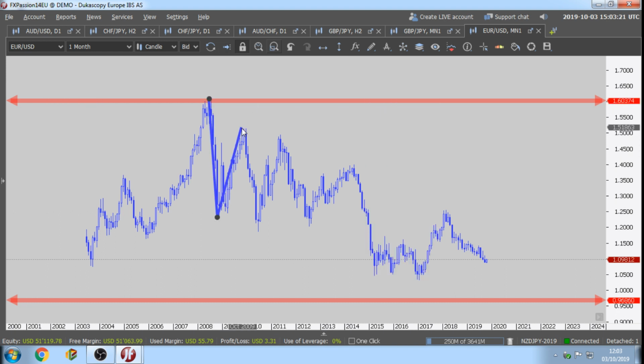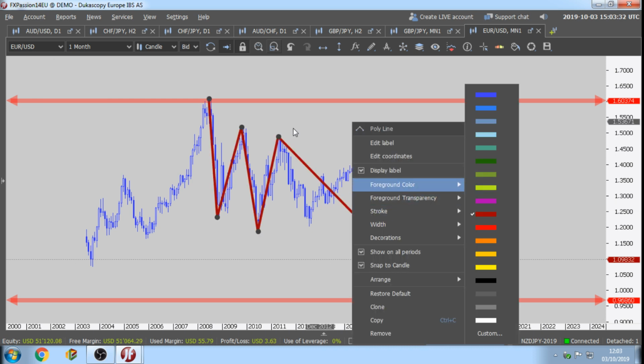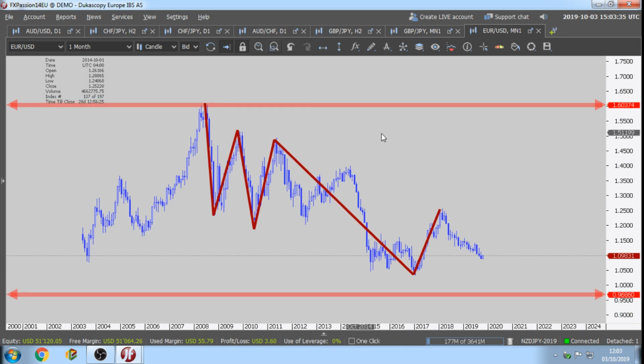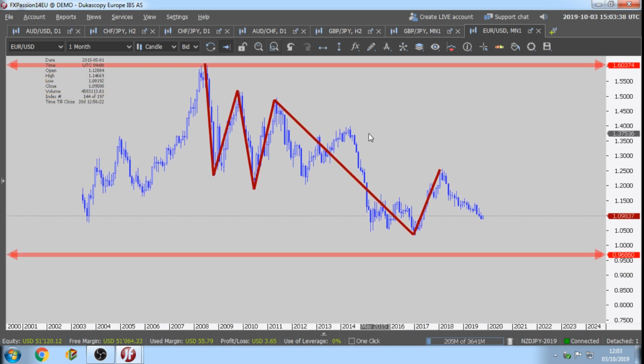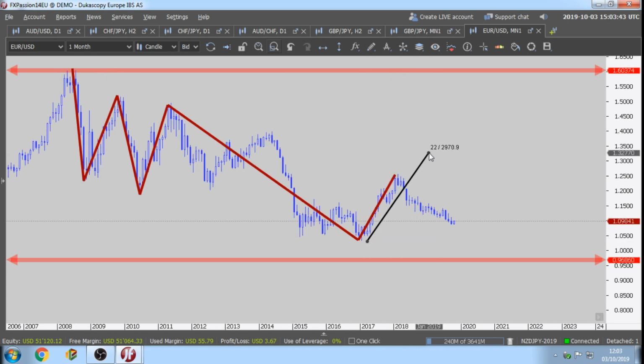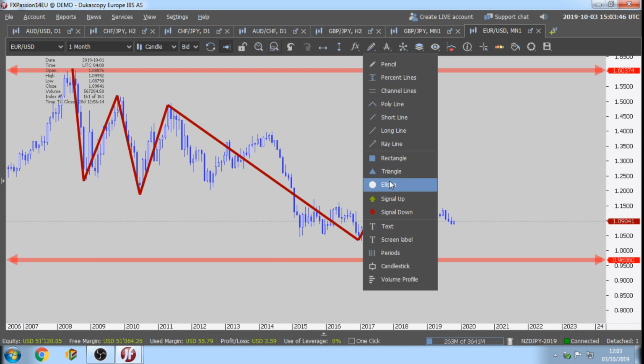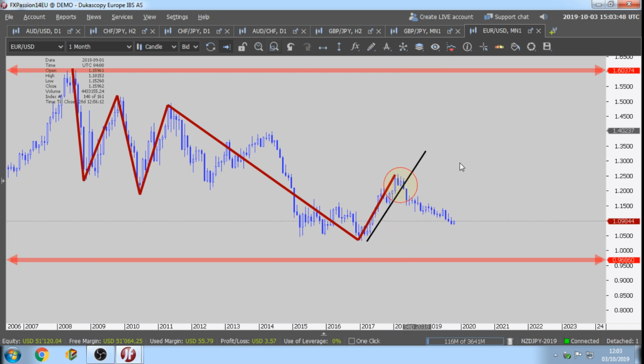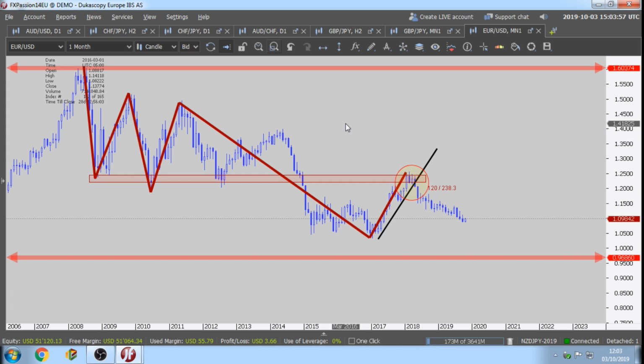Structure, extension, retracement, extension, retracement, extension, retracement. So this is structure so far on the euro-dollar on the monthly chart, right? So we talked about this pair already. This fall was predictable, right? This change in the trend was predictable because it happened exactly at past resistance. This was a great entry from the monthly chart.